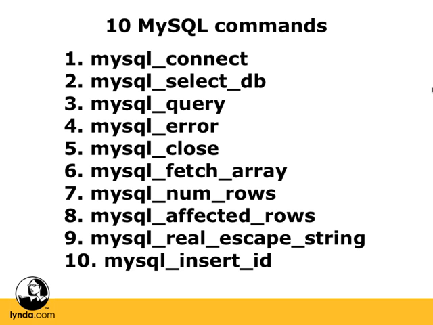_insert_ID. And that's in the case in which we insert a record. We can call this and find out what ID did it just get. Because when we're inserting it, most of the time we're letting the database auto-increment to the next ID, and we don't know what that ID will be. MySQL insert ID is a great way to just reach back across that connection in the same way that affected rows does and say, by the way, what was that ID that you just assigned to that insert I gave you? So that may end up becoming of use to you at some point, and I want to make sure